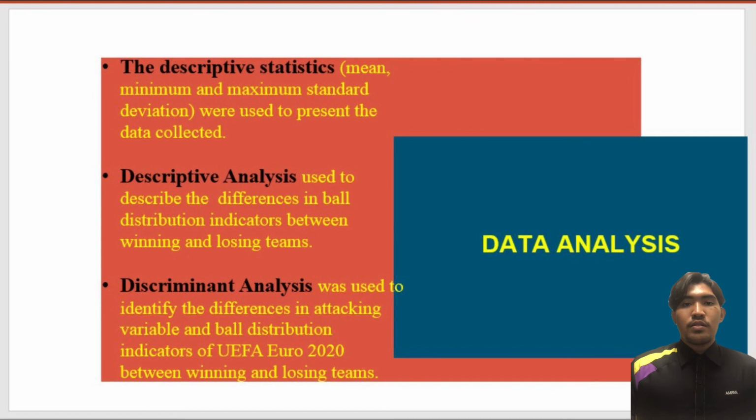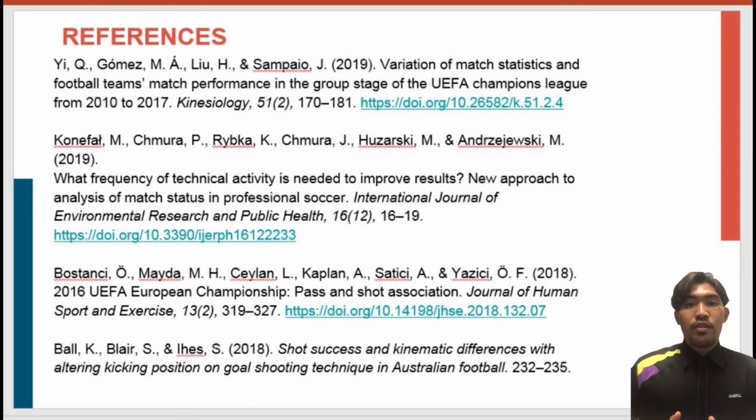Descriptive statistics were used to present the data collected. The descriptive analysis is used to describe the difference in ball distribution indicators between winning and losing teams. Discriminant analysis was used to identify the difference in attacking variables and ball distribution indicators of UEFA Euro 2020 between winning and losing teams. Lastly, the references for the slide